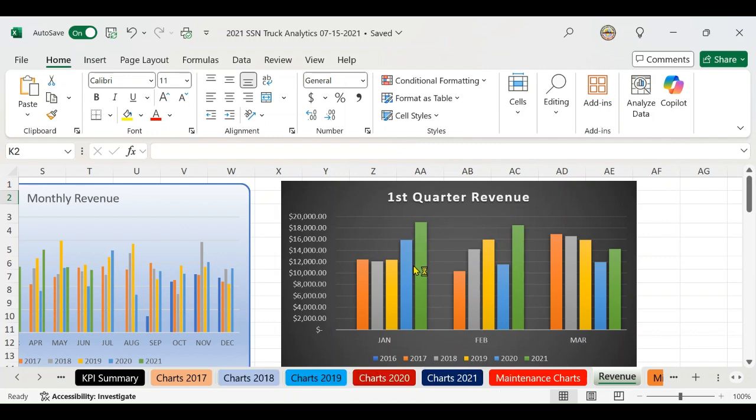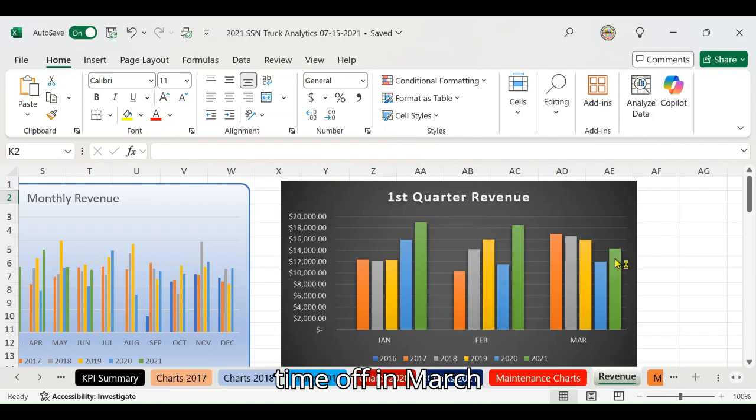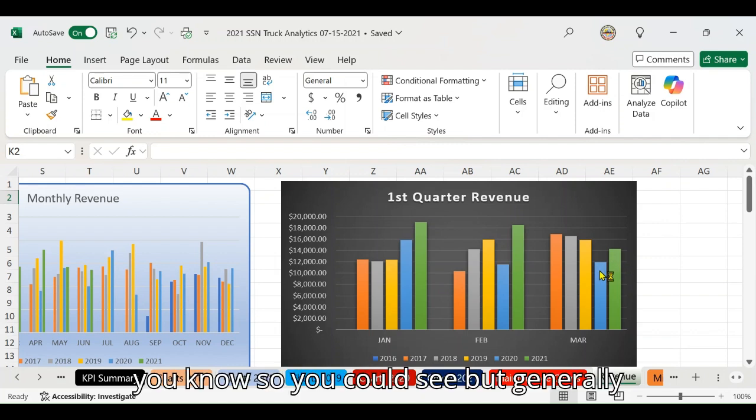And then again in February. And then not so much in March. So we probably ran really hard January, February. Probably was a good winter, good weather. And then probably took some time off in March. So you could see, but generally the average